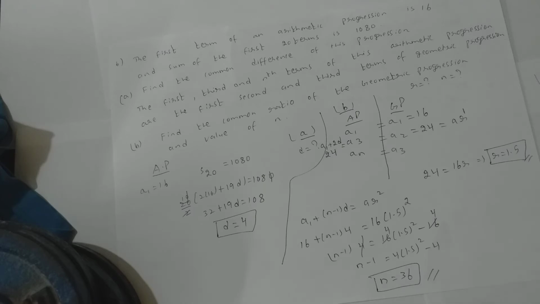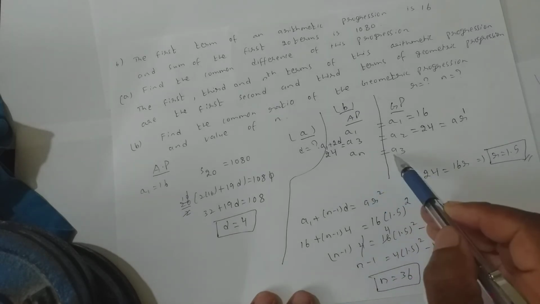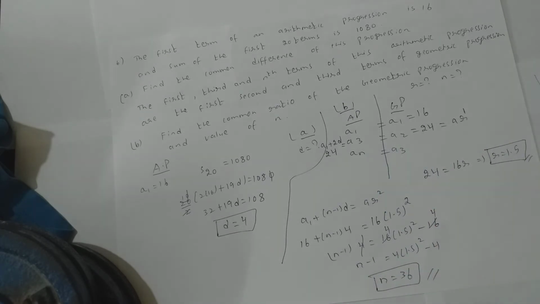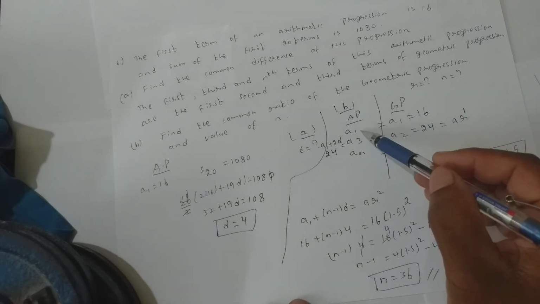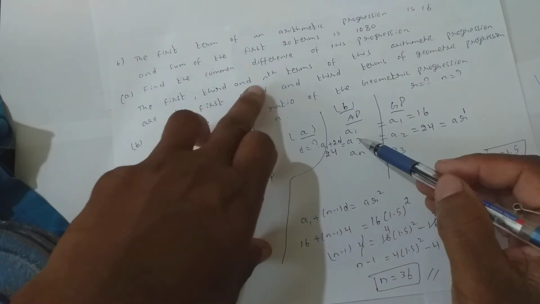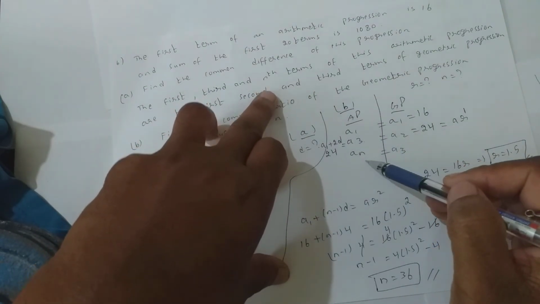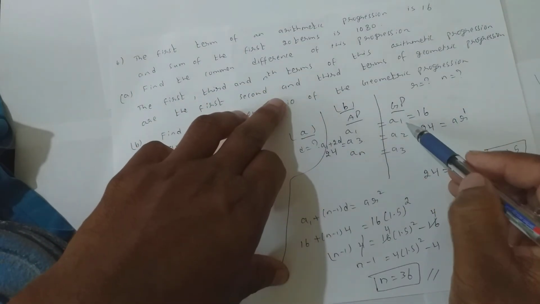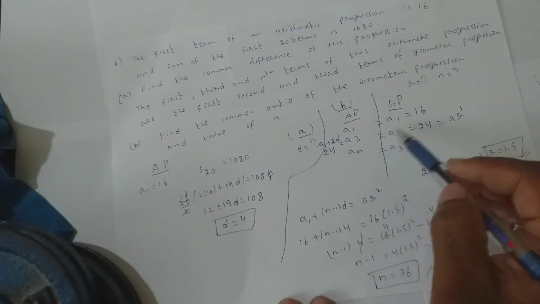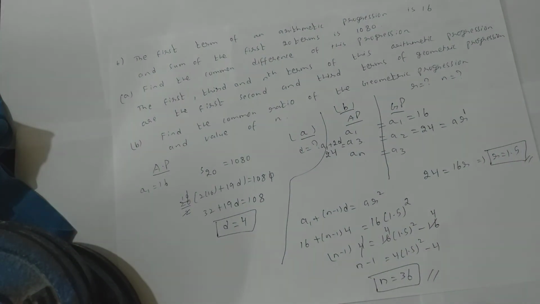Am I clear? This is how I get the value for n. Once I equate them correctly, I get the answer. To equate them correctly, I think first you need to frame it correctly. So clearly you should write first, third, nth. So 1, 3, n. Then first, second and third. Both are equal. If you equate them correctly, you will get the answer correctly.